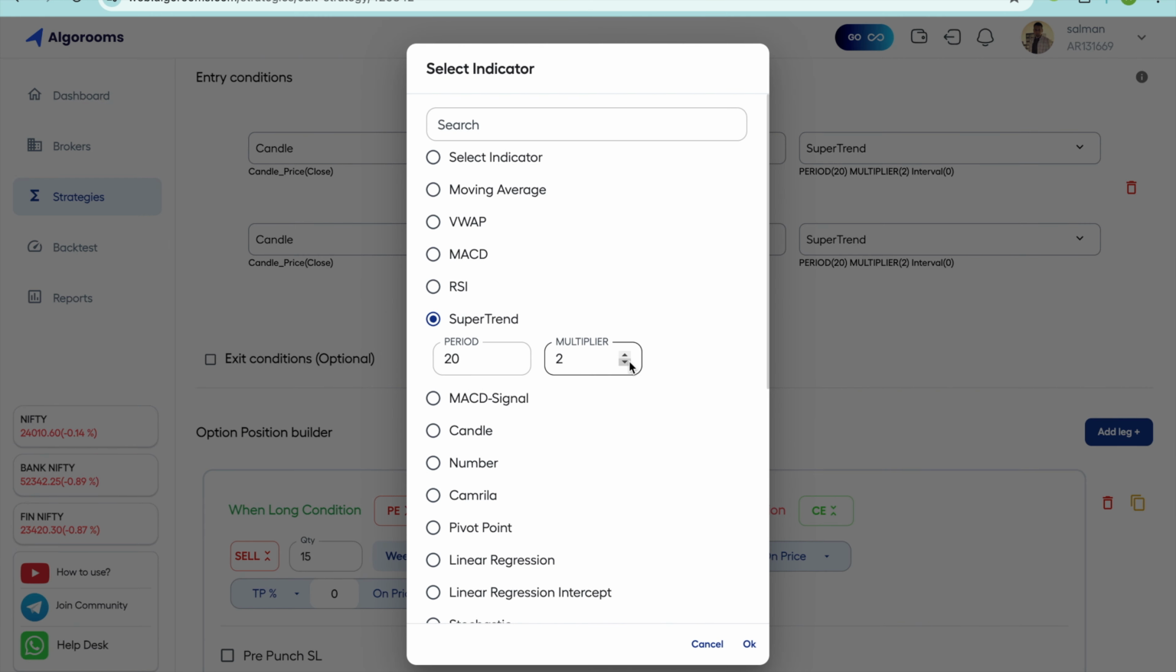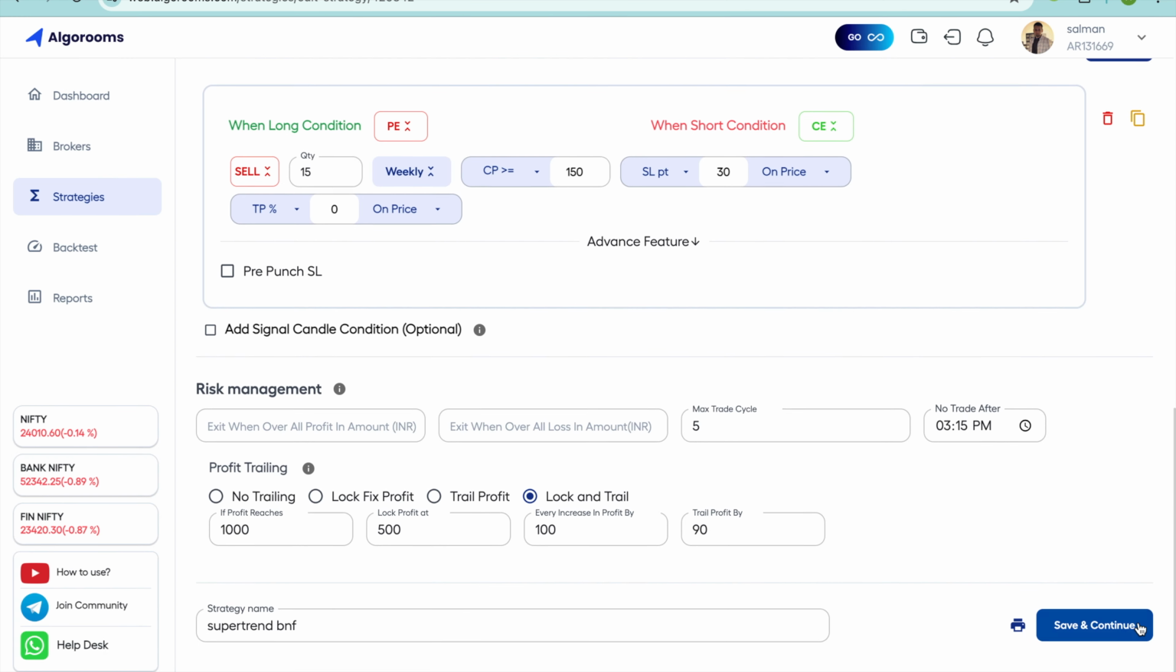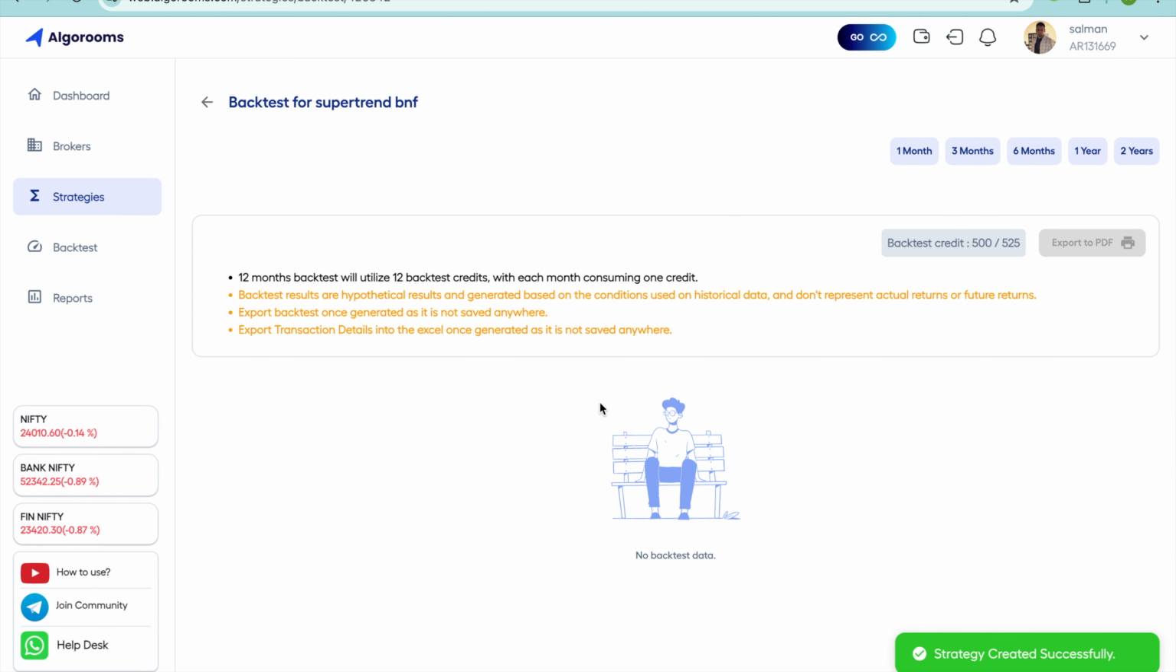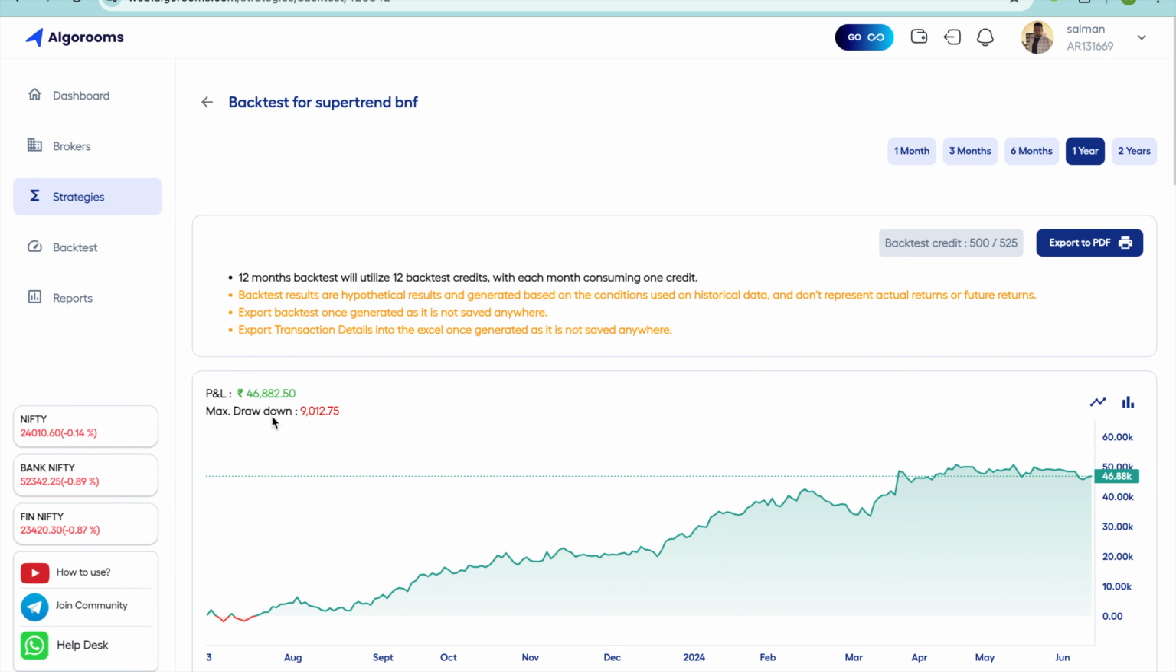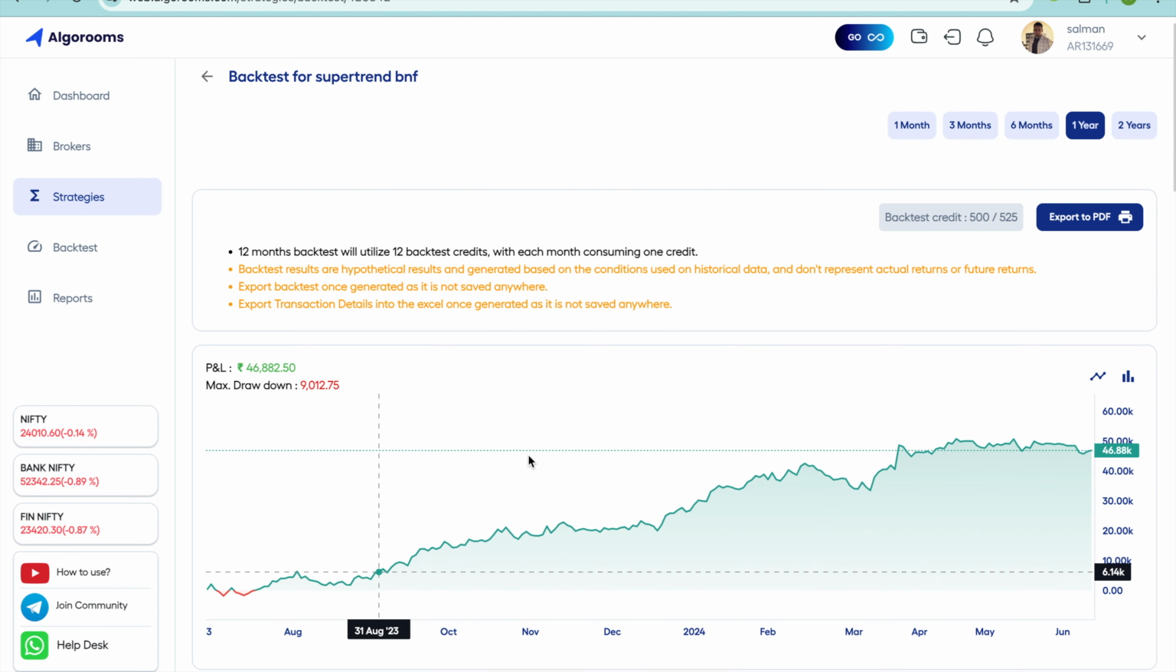So we have increased the profit, and we have to fine tune it further. Let's see if we take a period of 15. Only 15 candles. Period means a number of candles. So 15 candles and a multiplier of 2, and we save it and backtest it again. Here we see the 1 year period. Here I could increase the profit further, and it has gone to 46,000, and the max drawdown has also